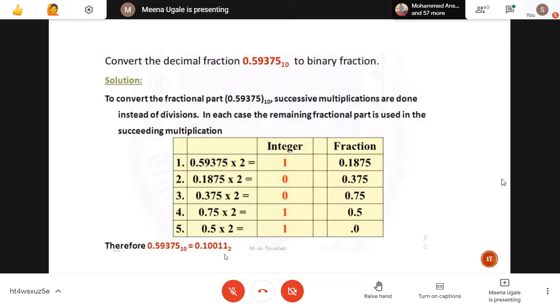Now this I have shown you only for the decimal or fractional part. What if you have integer and decimal part both given in the question? Like instead of 0 point something, if you have a number like 10 point something, then in that case you get two parts for conversion. One is the integer part and second is the decimal part. We will see the next example on that. Decimal and integer.